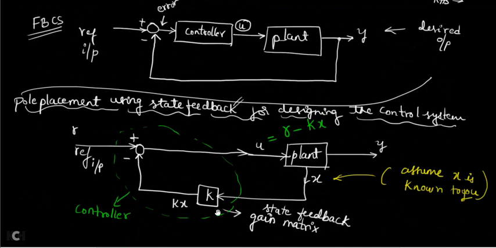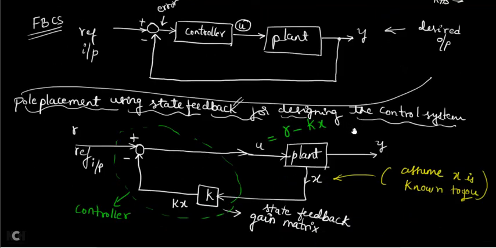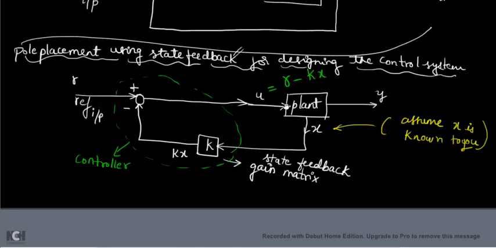Control system designing means what? You need to find out the value of K, so that if you use that value of K in the block diagram, then the block diagram has all the poles present on the left hand side wherever you initially chose. Assume that I want my poles at s = -1 and s = -2. Now you start designing the control system. For s = -1 and s = -2 as pole locations, you should design the control system and find out the answer for K.